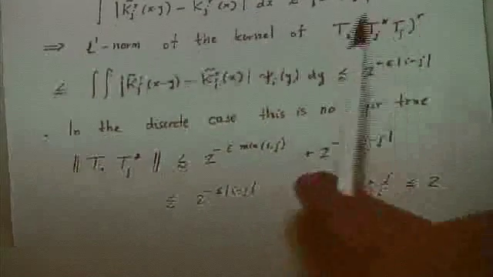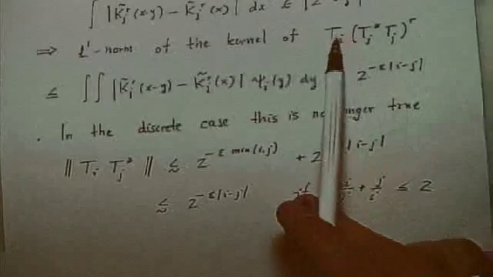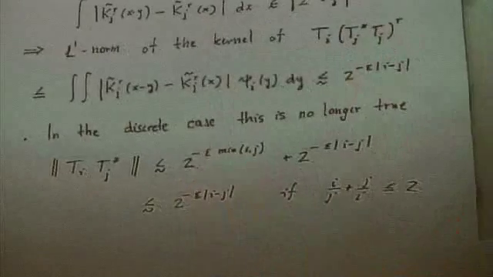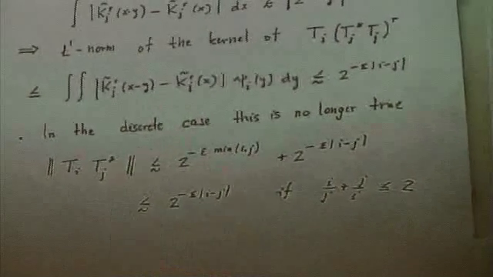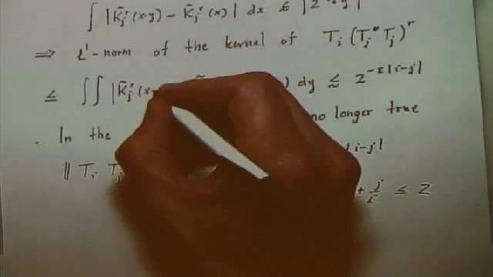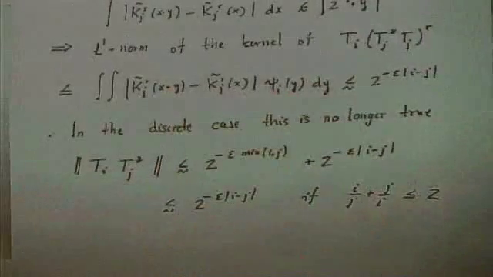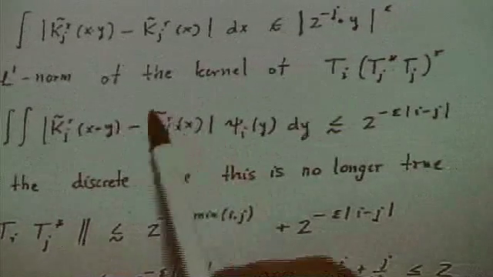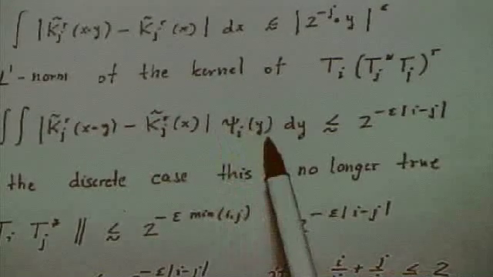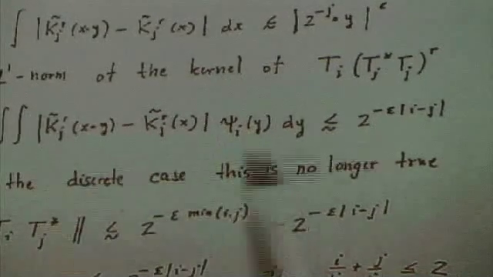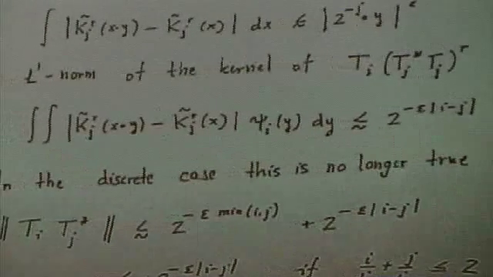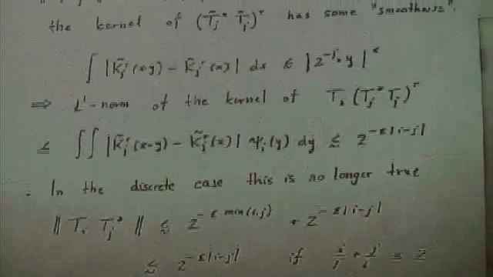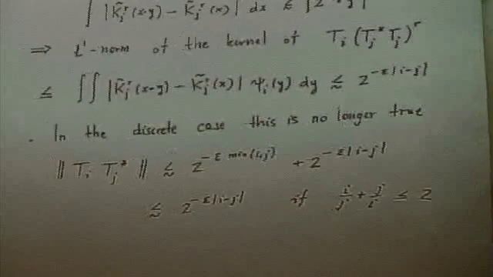So if you just look at now what is the kernel of the product of T_i times this operator whose kernel we just described, it would be the convolution. This is a little bit stretching here. This is x dot y, where dot is the multiplication on the group. And then you can just squeeze in this term because the integral of psi_i is 0. And then you can use these two conditions together to get almost orthogonality. So basically that's one of the ideas of proving such theorems in the continuous case.